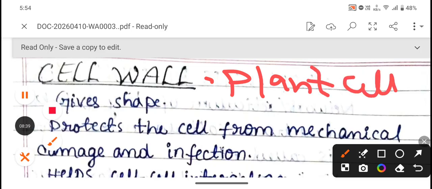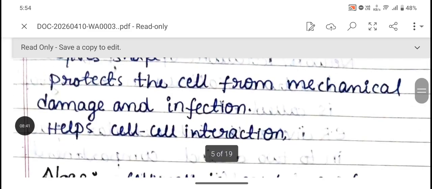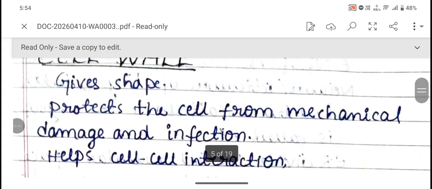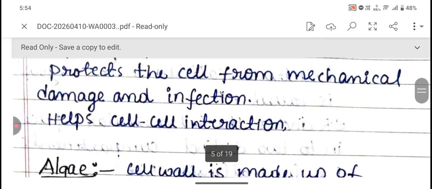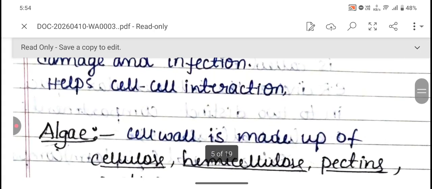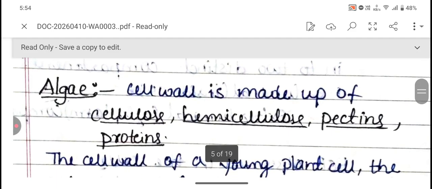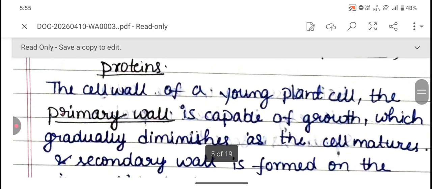So it actually protects the cell from mechanical damage and infection. It gives a strong shape to the plant cell, and it also helps in cell to cell interaction. So when you take the examples in case of algae, the cell wall composition is cellulose, hemicellulose, pectins and proteins. And the cell wall of a young plant is known as a primary cell wall, which is capable of